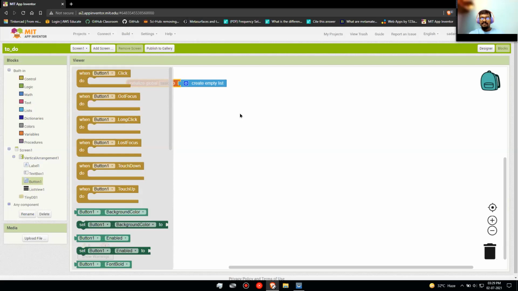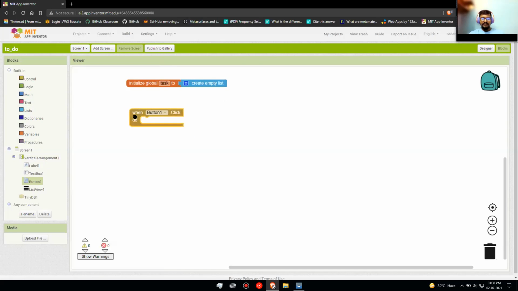We enter something in the text box and then we push the button, and the things that we have written will get inside the list. So for that, we have to go under buttons and drag in when button dot click.